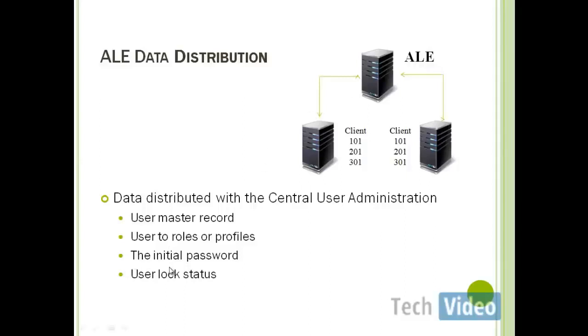The next one is the initial password. The initial password also you can distribute to all systems. That means one initial password which will be distributed to all systems. This again reduces quite a lot of effort. You don't need to create passwords for each system individually. This distribution of the password is also in a coded format, that means a protected, secure way of transferring the data between the SAP systems.